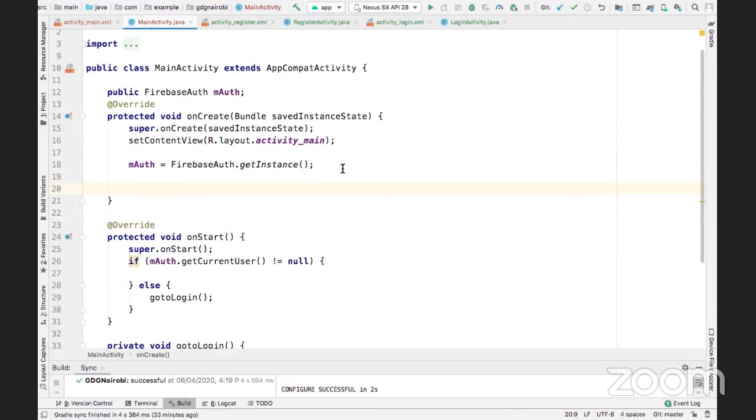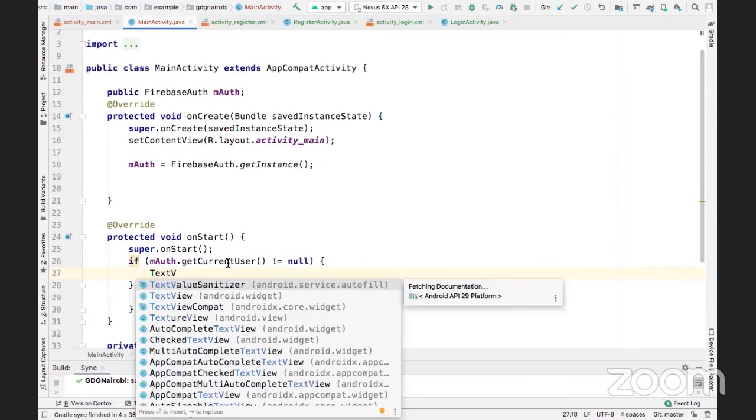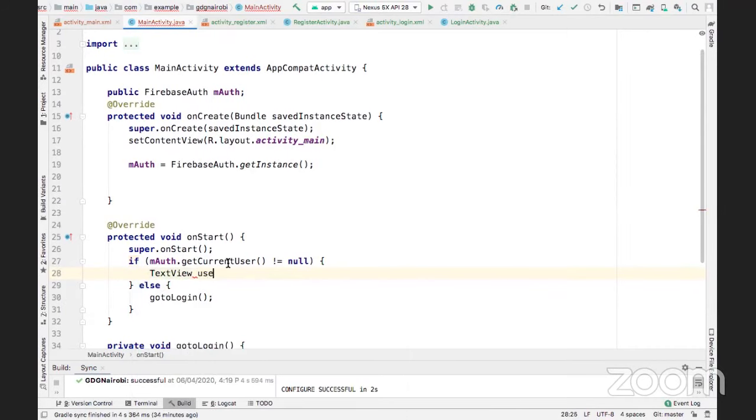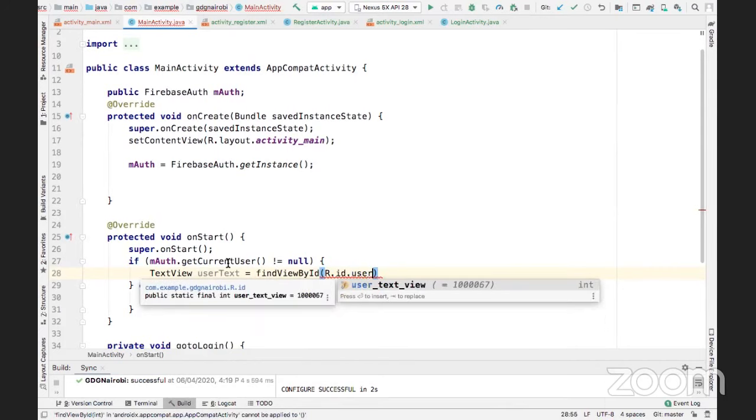right here, we're still in onStart, this space here. So when the user is logged in, we should try to set that user text view to show the user's name. So we can create a variable here of type TextView. So I can just leave it like that. Or to findViewById, R.id.user_text_view, and